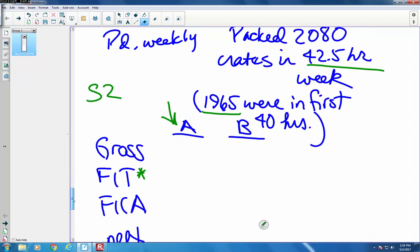The paycheck. Do you see where you went wrong? I doubled his overtime. Huh. I ended up with